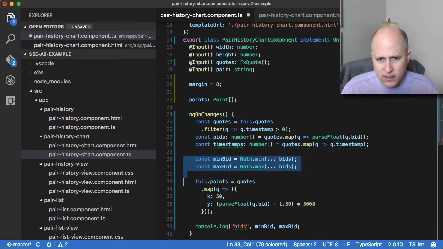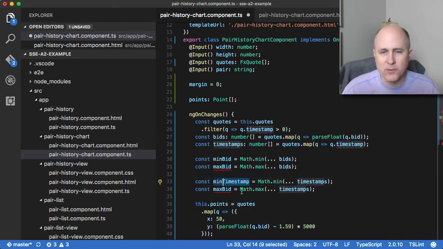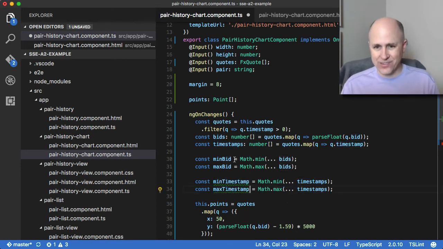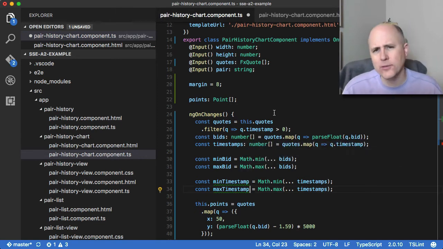And then, let me see here. I want to do the same thing with timestamps. I really don't like this duplication, but in the short time I'm spending in this live coding here today, I don't have time to go research how to make this duplication go away. I think there is a way to do it. I think there's a way using one of these, not